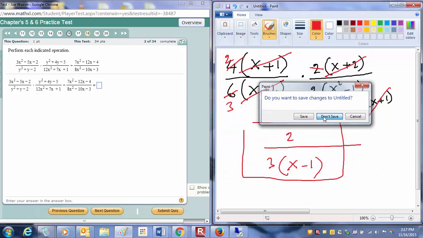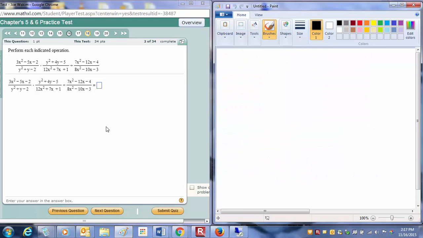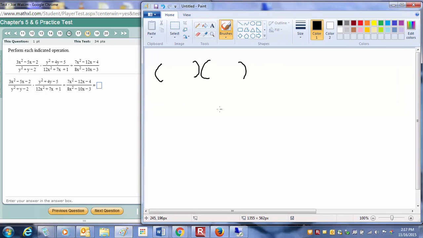On number 18, we have to multiply and divide. And this is, again, the same method we're going to use. We're going to factor, and then reduce, divide, multiply. So 3x squared minus 5x minus 2. Let's try to factor the first one. And therefore we have to go with 3x squared, which is 3x times x. Now we have 2 here, so it's going to be 2 times 1. So if we put the 2 here and the 1 here, this is going to bring you a 6, and